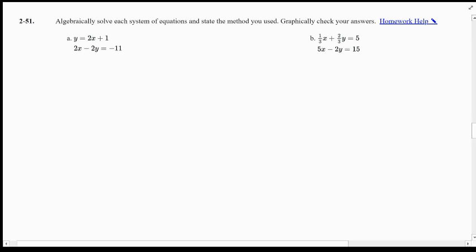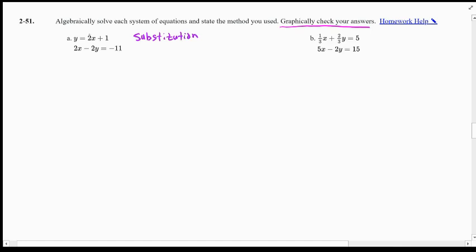Here I am asked to algebraically solve each system and state the method you used. It also says to graphically check your answers, which I'm not going to do just because I don't want to also record Desmos on this. But if you want to, you can go ahead and use Desmos to check where these two equations cross for A and for B. So to start on this first one here, this one is ripe for substitution because it's